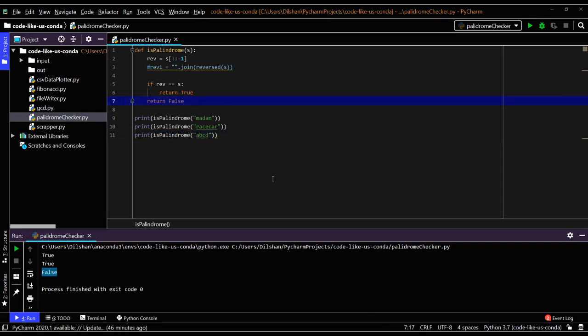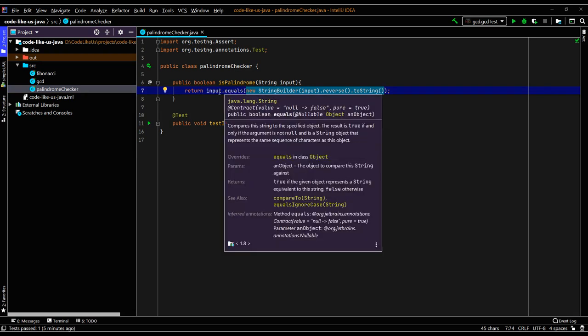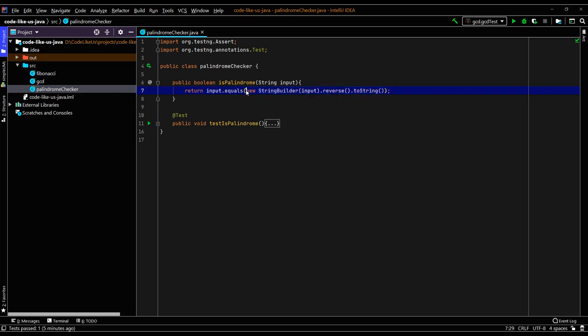We can move to the Java code as well, just to describe. This is my palindrome checker Java class. Let's go through the logic here. It's a very simple, single line of code. This one is also doing the same thing. It checks the reverse order. This selected part gets the reverse string of the input, and it checks with the original whether it is equal. If it is equal, it returns true. What we use here is the StringBuilder class, and using the input, it gives the reverse order and checks it with the original. Very simple.